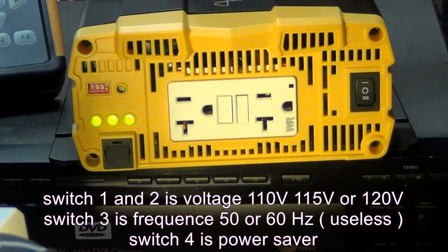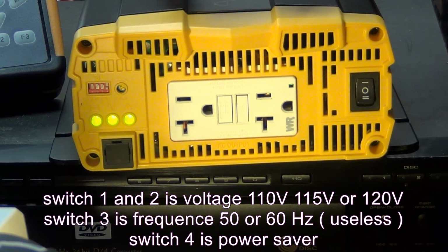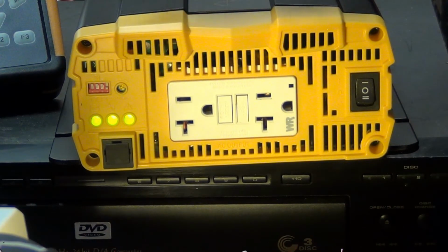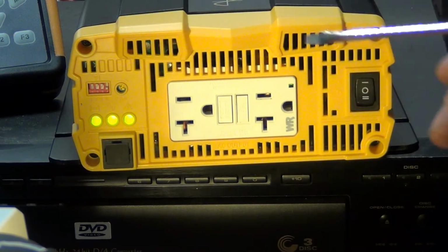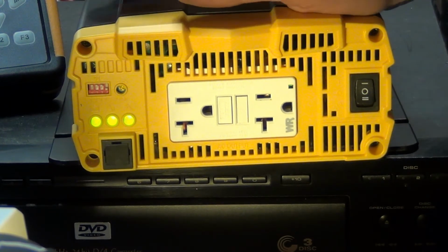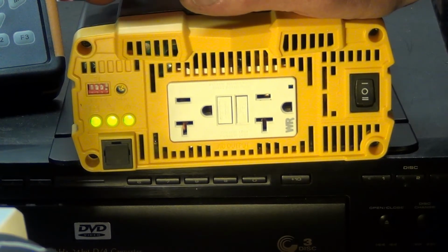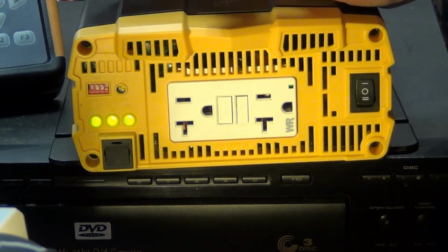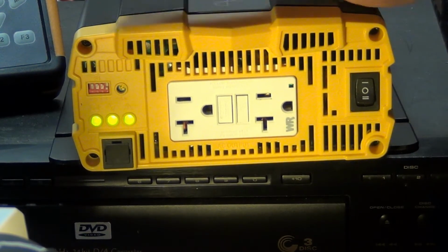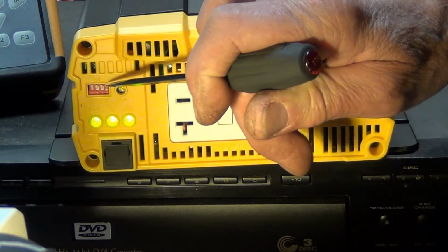This unit will take about 1 amp consumption power. Just eat up 1 amp by itself from your battery, if it's running or if it's not running, if it's just standing still. Okay, when it's turned on, it will eat up around 1 amp. And I can test it, but you know, it's in the specs, so I don't have to prove myself here. But this feature here, if you